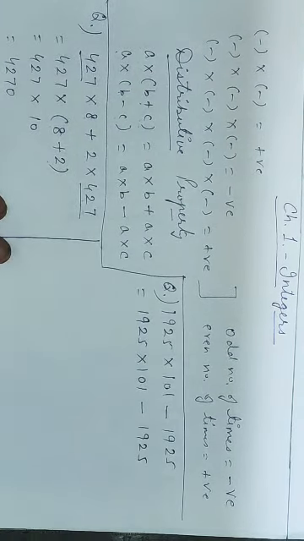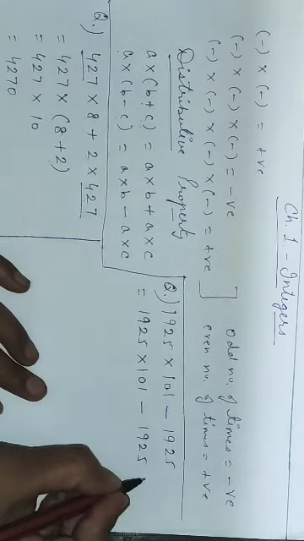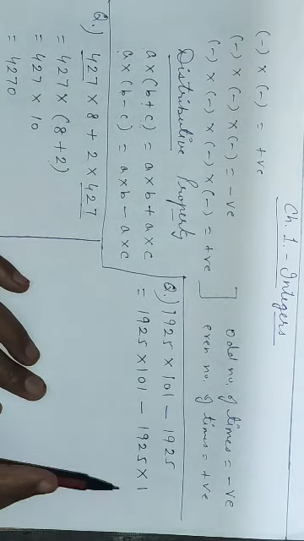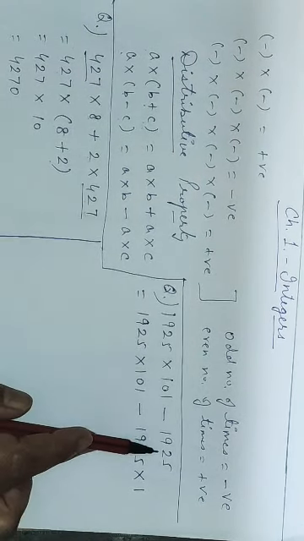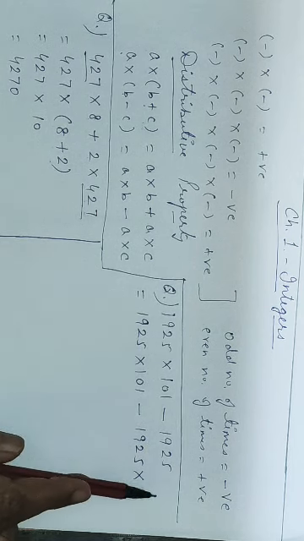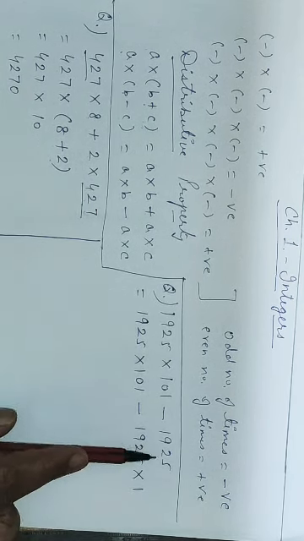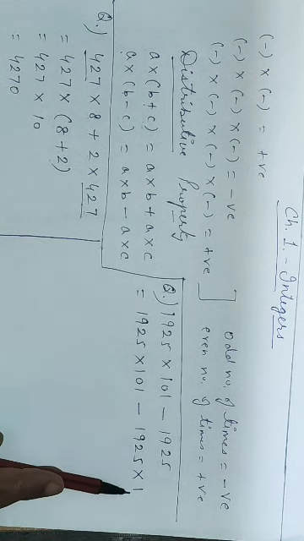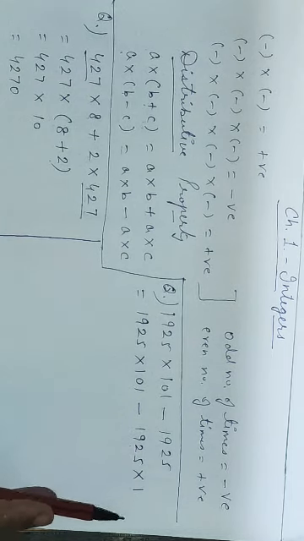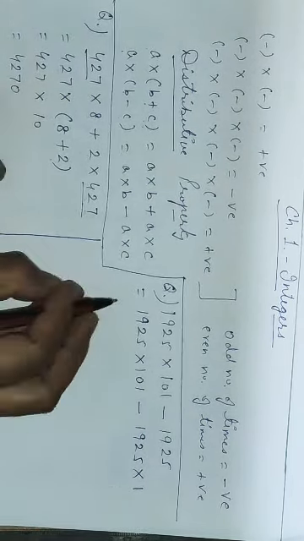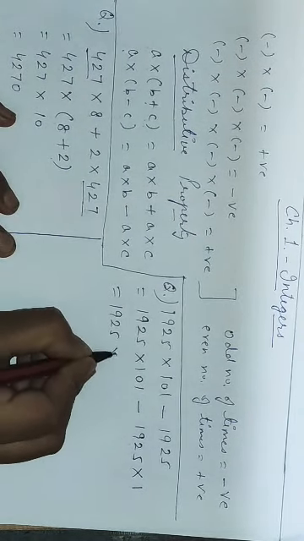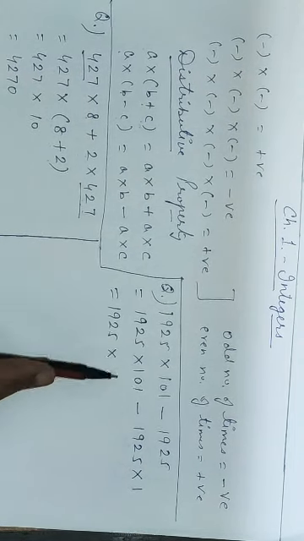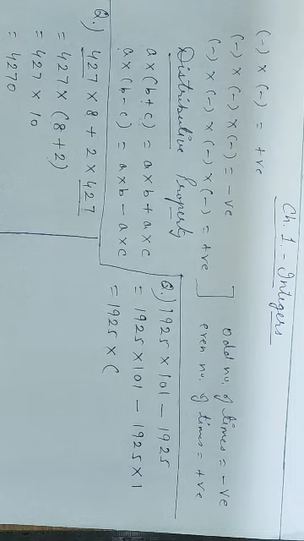If you remember the properties of multiplication, then we know that if we multiply any number by 1, the result is the number itself. Because we are not having any number to multiply with 1925, I am multiplying 1925 by 1 because this will not change my question. Because I know that 1925 multiplied by 1, the result is 1925 only. Okay. Now the next step, I will take 1925 as the common number. So 1925 I have taken as common, multiplication sign. Then I will place the bracket.